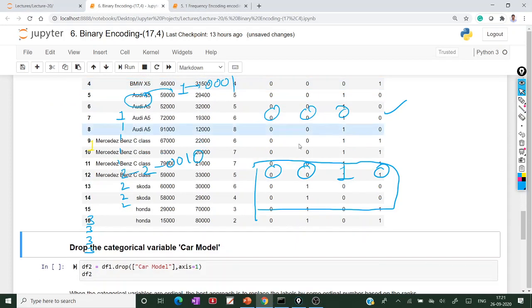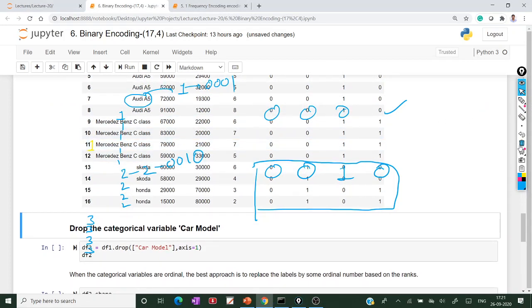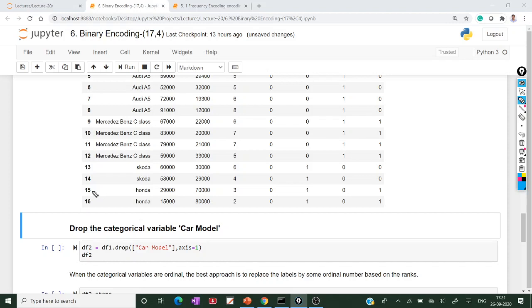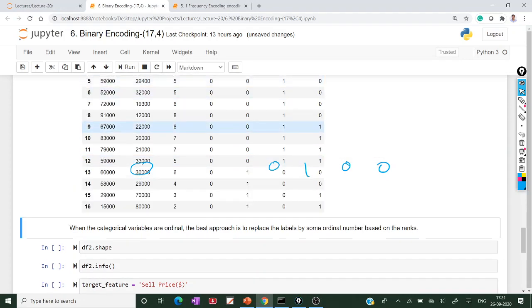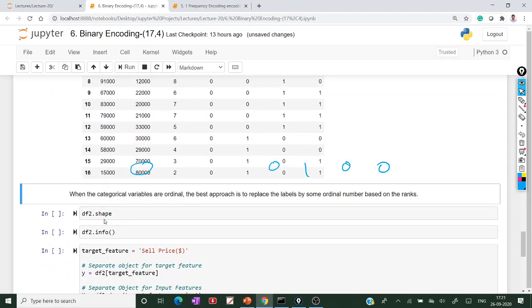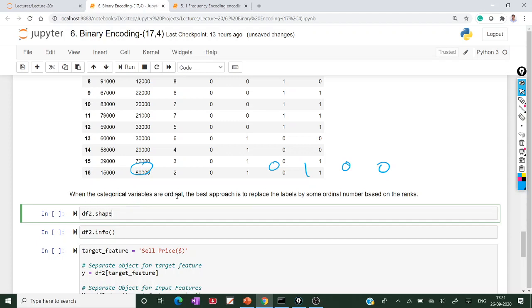And Mercedes-Benz, Skoda means assign the value 4, and 4 means 0100, like that. We can drop this categorical feature from the data frame. So when the categorical variable is ordinal, the best approach is to replace the labels by some ordinal number.